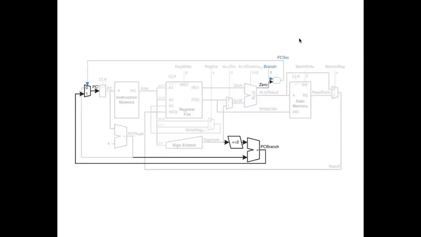The last thing to add is the branch instruction. Since we have so much of our data path set up already, they're fairly minimal changes. For a branch instruction,